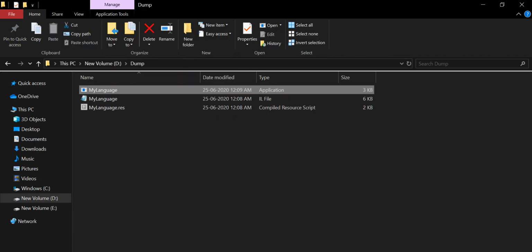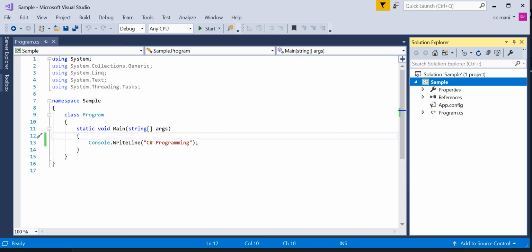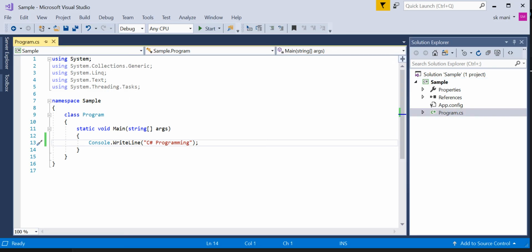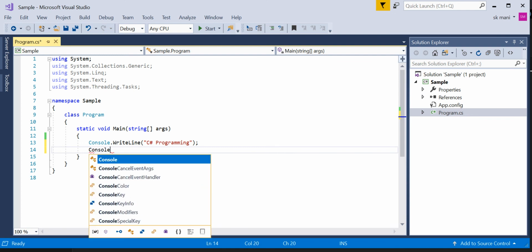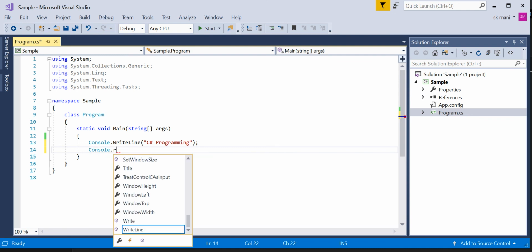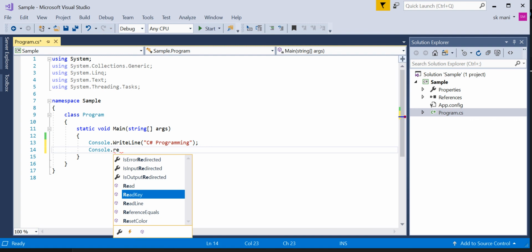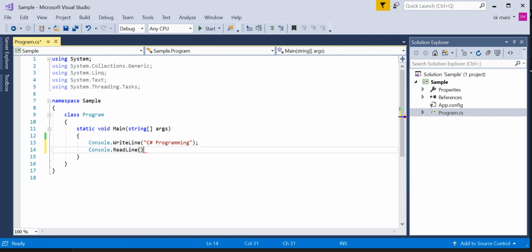Why is that? Because we haven't mentioned Console.ReadLine. This is the same as getch in C. Console.ReadLine will wait to get a single string input from the user.